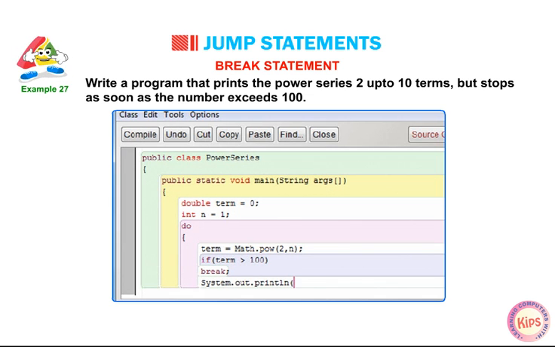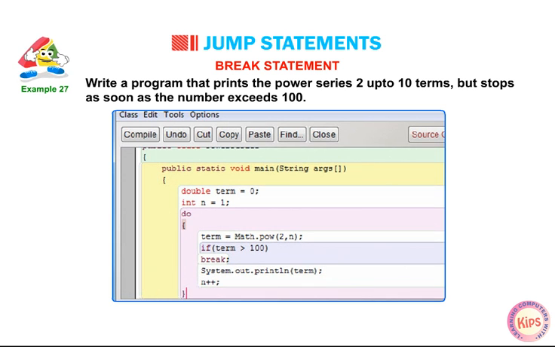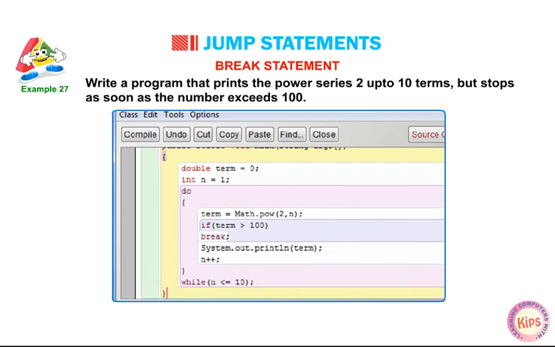System.out.println(term); n++; } while (n <= 10); } }